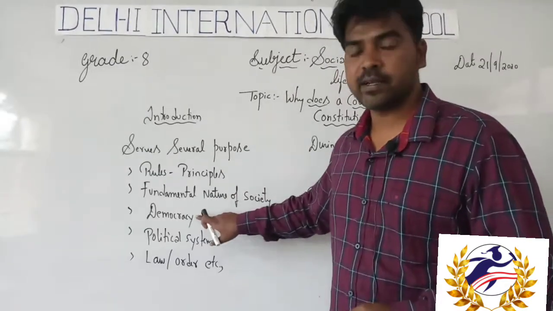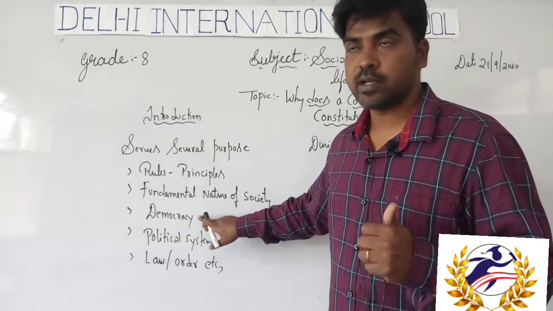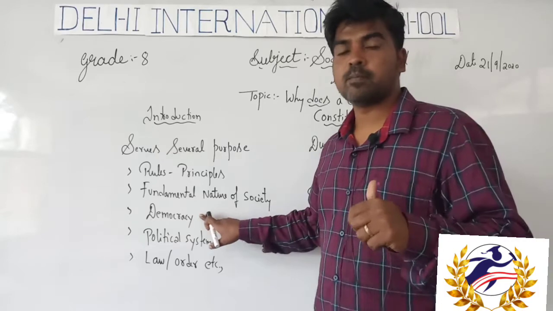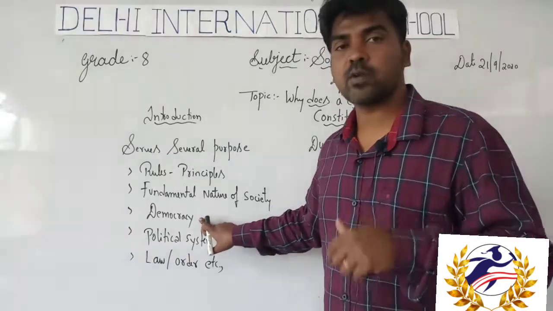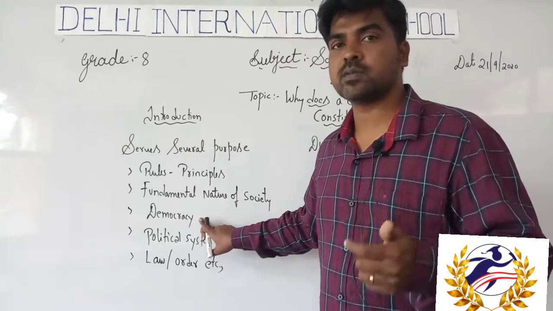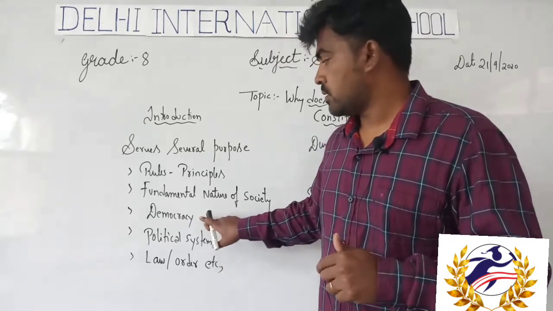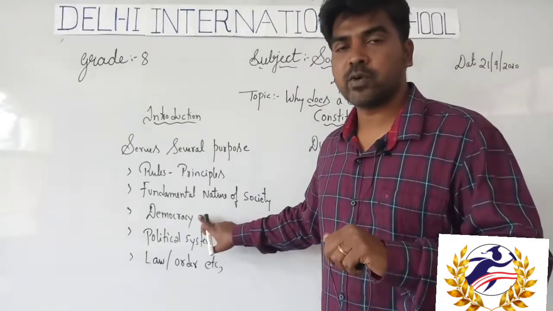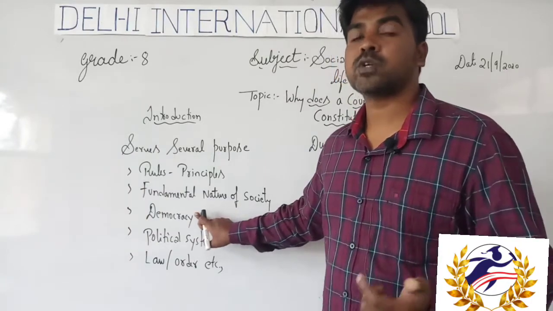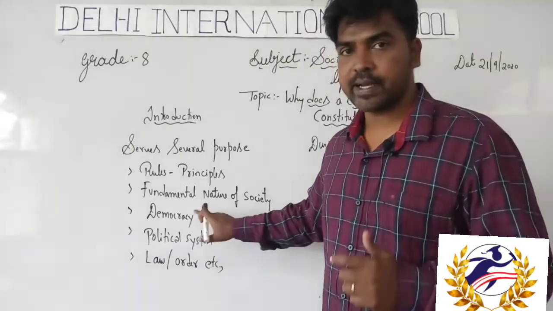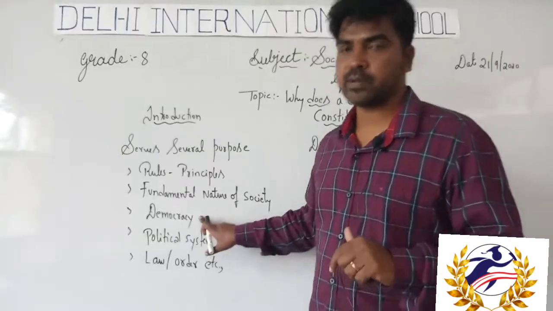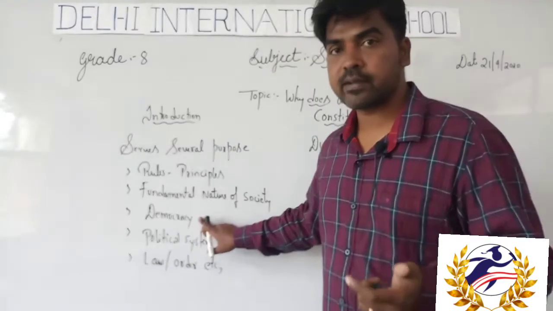In a democracy, the citizens are more important and all the power lies with the citizens. The citizens elect their leaders, and those leaders are responsible for running the government. If the government does not function properly, the citizens will question it and control the entire political and government system. That power has been mentioned in our Indian Constitution.